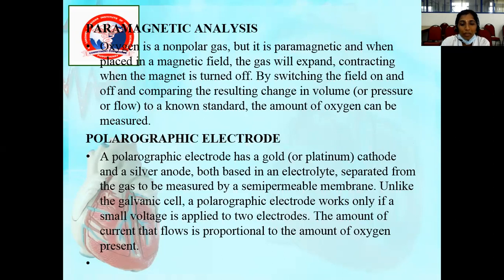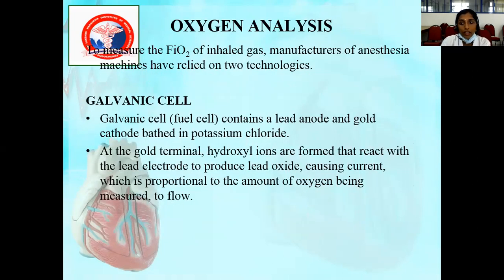So different methods are there. And okay, the other is oxygen analysis. As I told you, in the mixture of gases, we are giving oxygen also. So whenever a patient is under general anesthesia, minimum 33% of oxygen has to be given. We all know at room temperature and pressure, the FiO2 in the breathing air is 21%. But when we are giving anesthesia to the patient, it is our responsibility to ensure that the minimum FiO2 is at least 33%. So that has to be measured by oxygen analysis monitors.